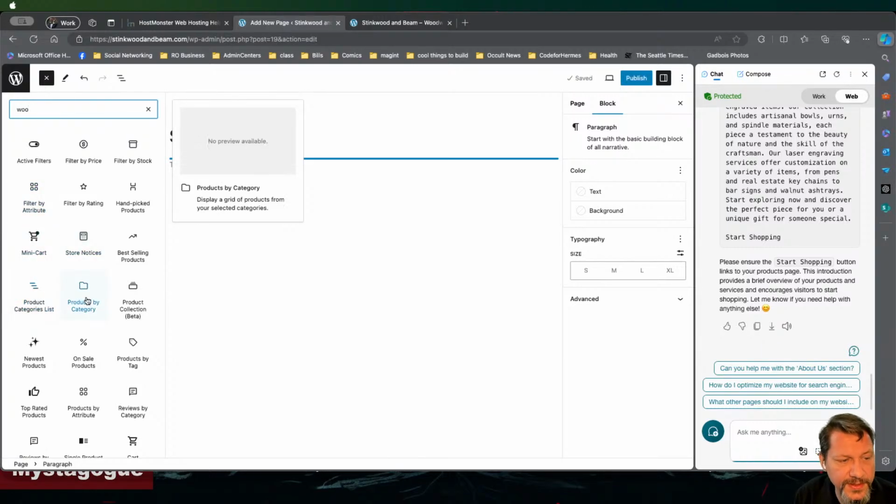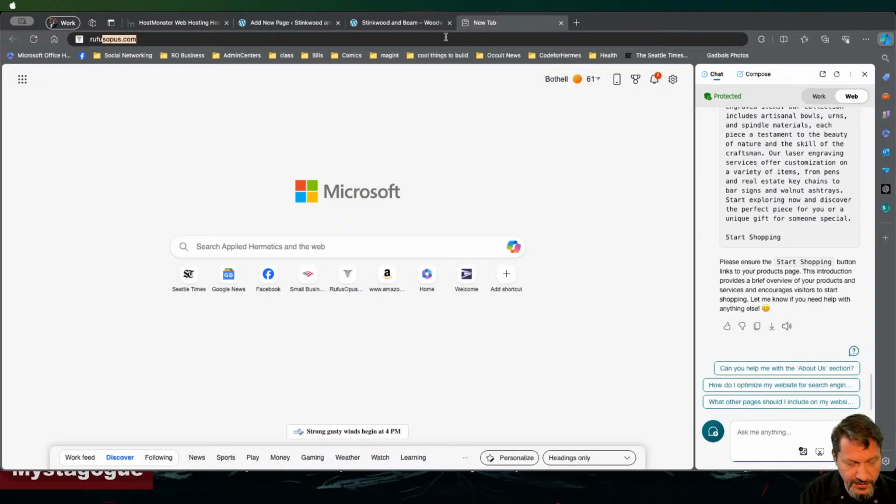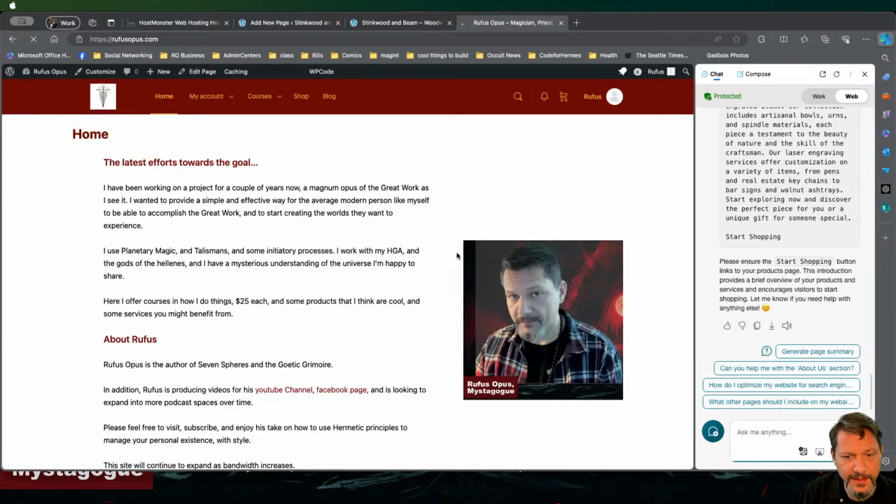So products by category list, products by category. Once I get all my products installed, I can drop this products category list in here, and it will just show like all the things that I have. So if we go to rufusopus.com, I can show you what that looks like. I'm realizing that there's a lot of page setup that has to be done, but that's basically what it is. So on my Rufus Opus page here,